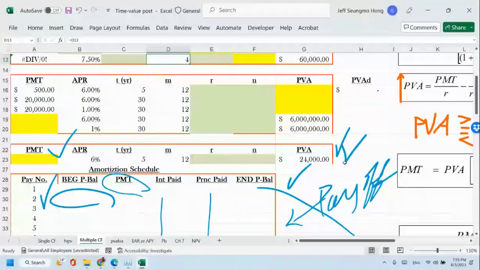Present value. First of all, I'm going to do this one first because this is the lottery example, right? Remember, this is the lottery example. So our question is, if you won the lottery, a $10 million jackpot, are you going to choose lump sum or are you going to choose